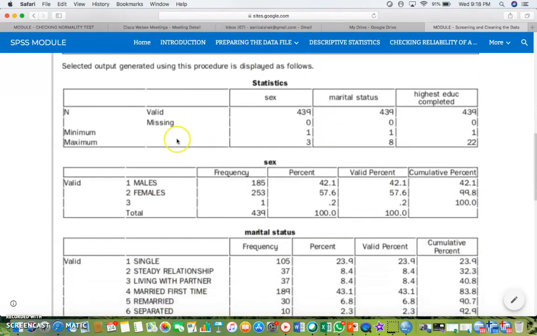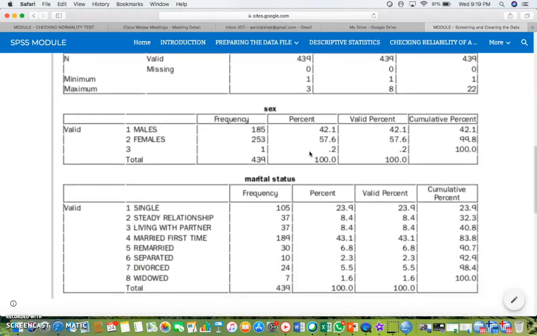For example here, for gender, there are a total of 439 samples, no missing value. The minimum number is 1, the maximum number is 3. Supposedly, the minimum number is 1 and the maximum number is 2. There is no value for 3. We did not label that in our variable view. When we investigate further in the descriptive statistics, we can see that we accidentally keyed in one respondent with the value of 3, which is unknown.